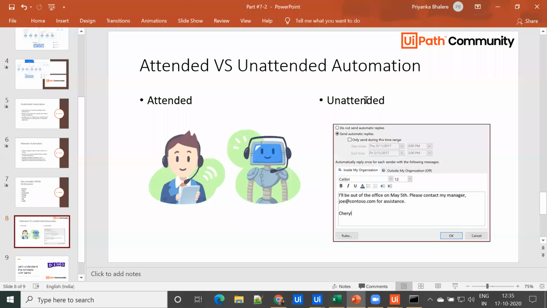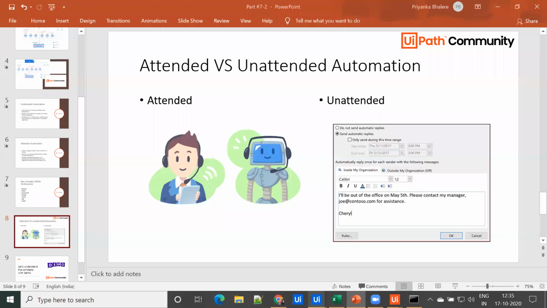Here we are enjoying our leave and not giving any trigger or any input to the automatic reply. So this is unattended automation. So we have seen this real world example of attended and unattended automation. Let's move ahead and see the demo of attended and unattended automation.